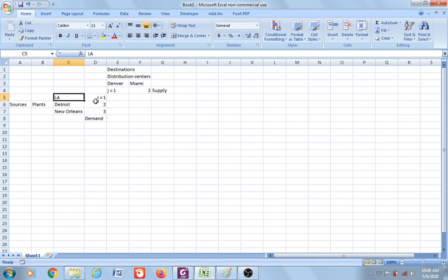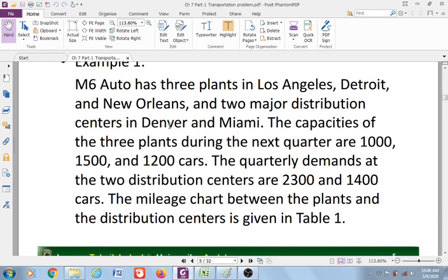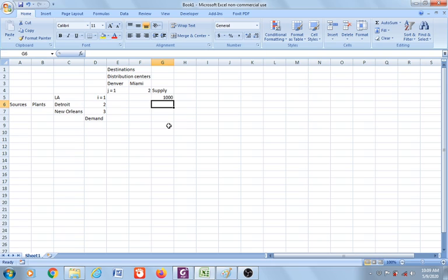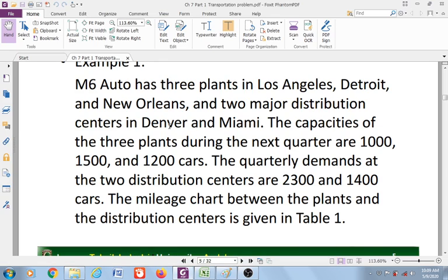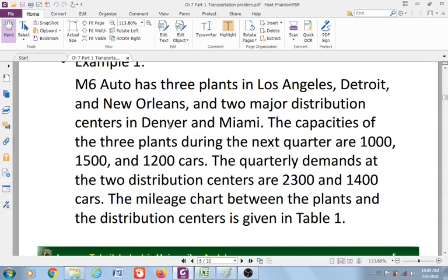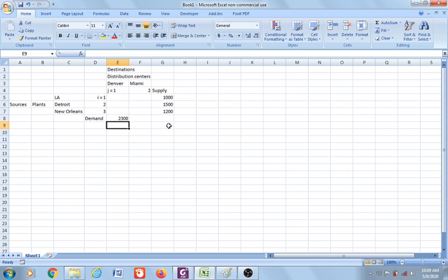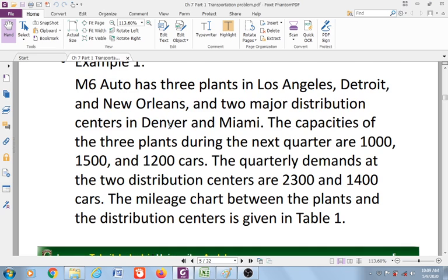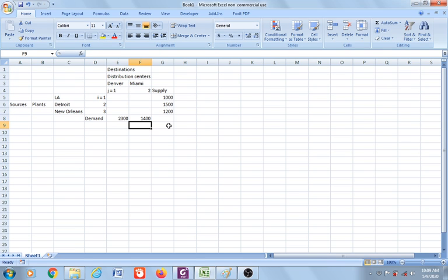So it is the total capacity of the source number 1, or the plant in LA, which is 1000, and then the capacity for the source number 2 is 1500, and for source number 3 is 1200, and the total demand is 2300 for destination number 1, which is the distribution center in Denver, and 1400 for the distribution center in